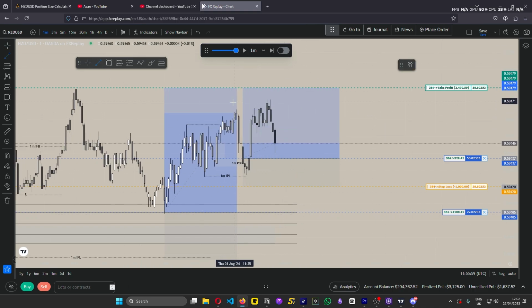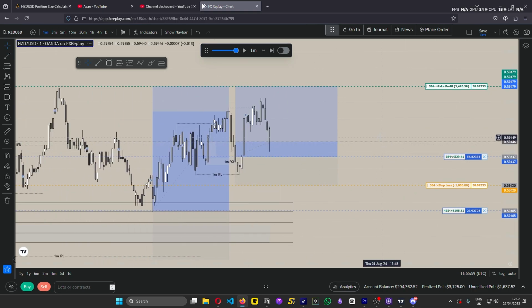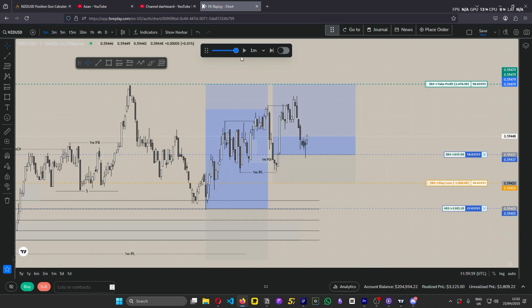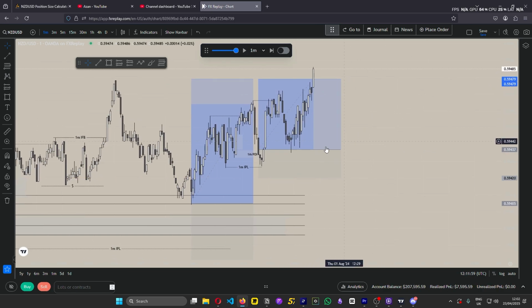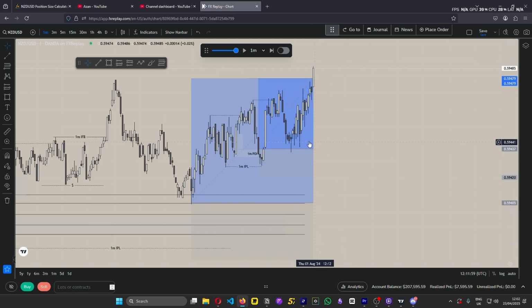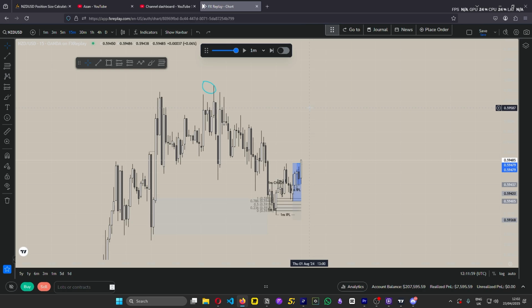Is that another continuation? I'm gonna scale in. Should I enter this? You know what? I think I'm gonna chill. Alright. That's very nice. Alright. There we go. Now we do have the high, which is all the way up there, that still needs to get targeted. So we're still moving higher. And bro, just the start of the day, we're already up 7k. That's a bit wild.